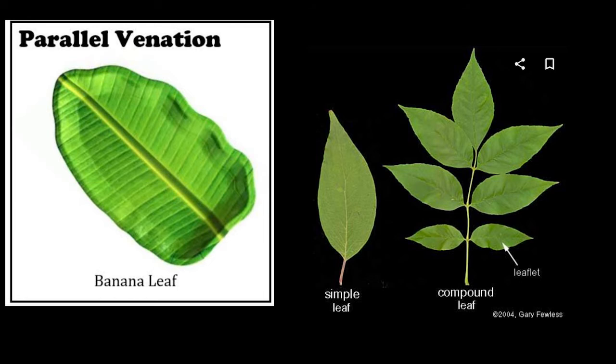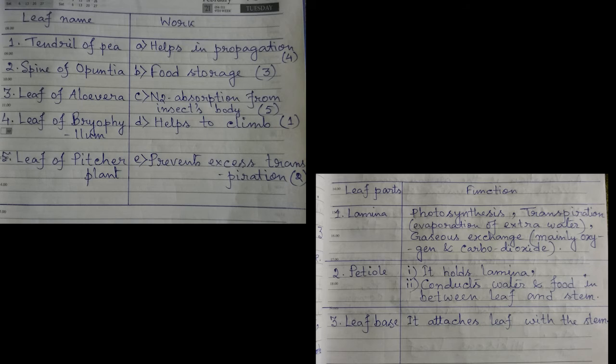Next, at page number 194 below, there are some figures of some leaves which are modified to do various works. At page number 195, there is an orange chart related to this topic, and I shall do it for you. Next, at page number 195 middle, there is another typification of leaves present.